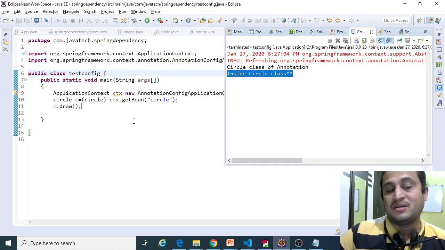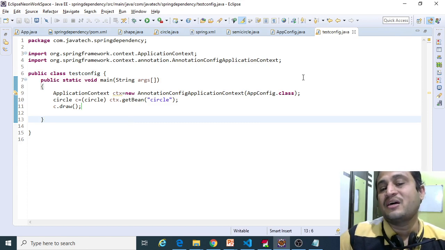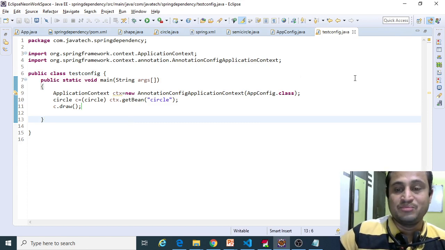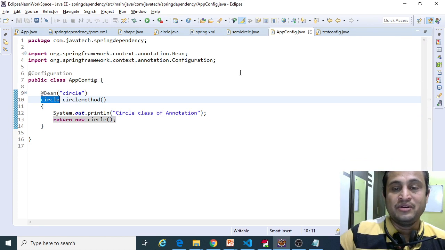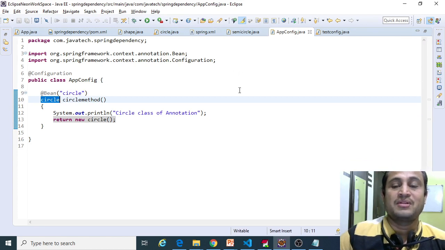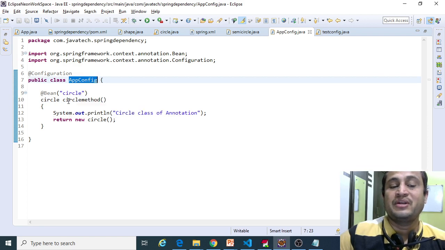So this is another way of registering beans with annotations. We need to create our own class, create the configuration, and create our beans.